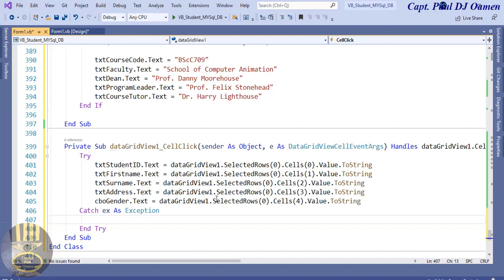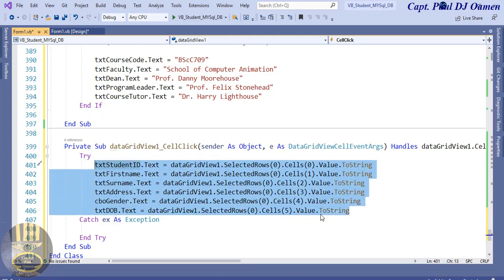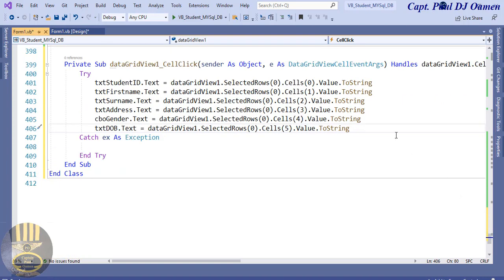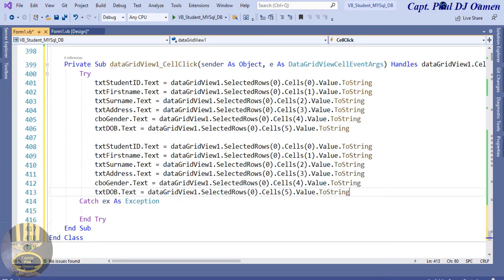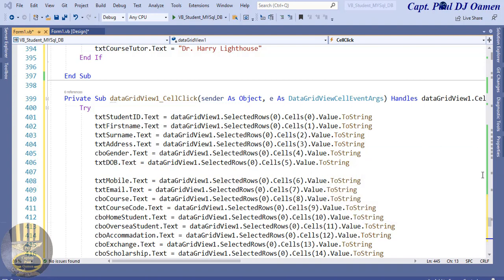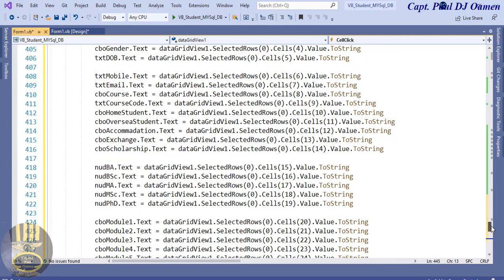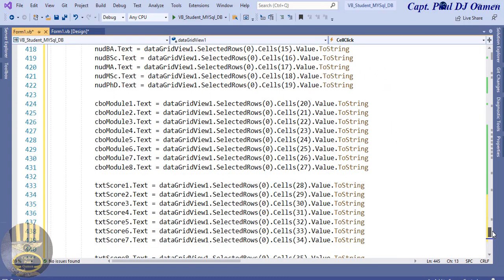So I'm going to speed up the rest. Okay, it's exactly the same thing that I'm doing. All I'm just doing is just repeating it over and over again. This one is for date of birth, and this will be 5. So I'm going to copy all of these, paste, and change things around there. So let's speed that up. That is it, guys. All done now. Okay, as you can see, it's all the same lines of codes. Okay, bring it down there,